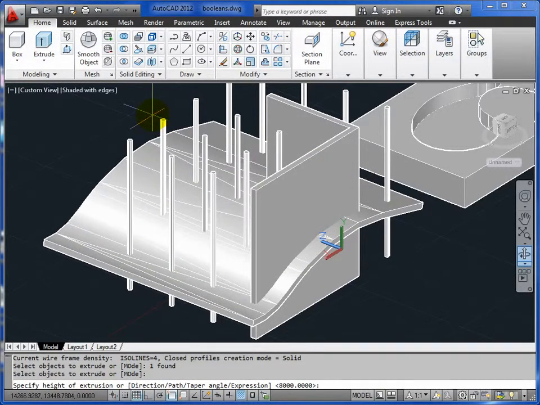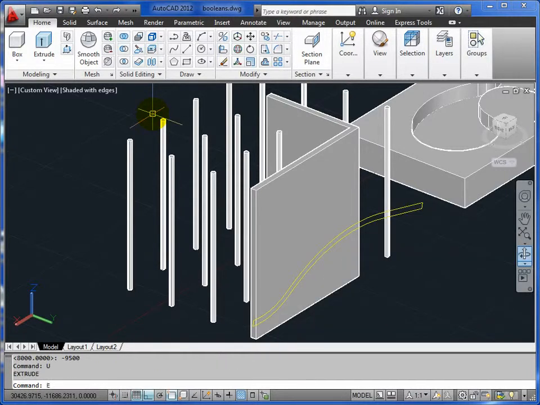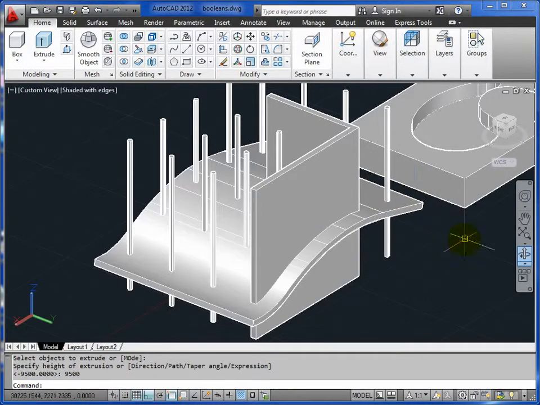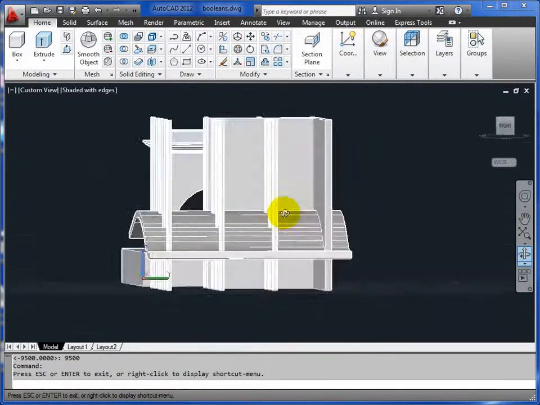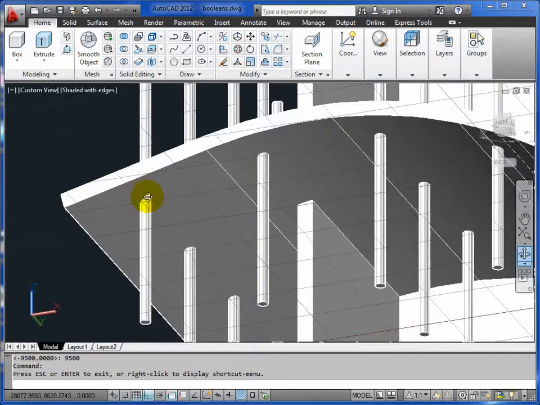And thickness for this is -9500. Should have been positive 9500. So let's do that again. So ext, return, pick the roof, and return, 9500. Okay, so it's clashing through all those objects, and for a nice clean model, really I want to have